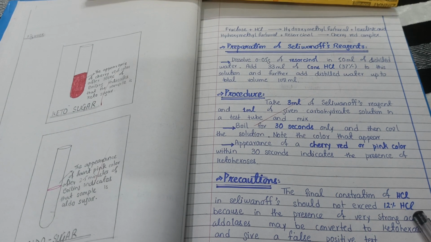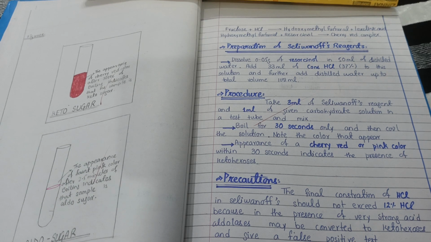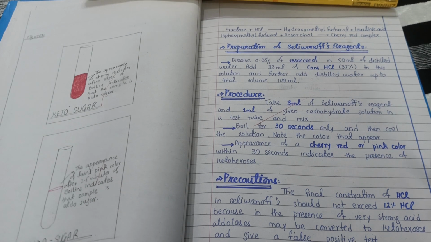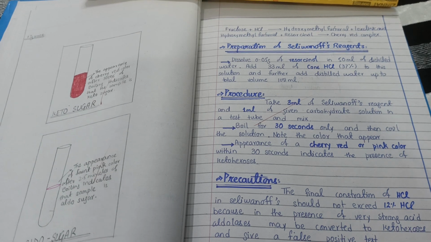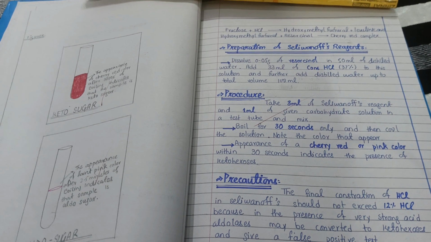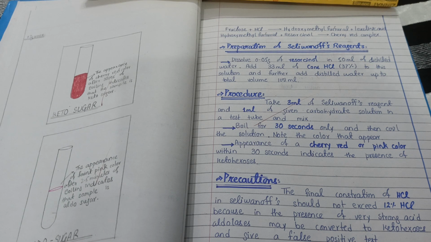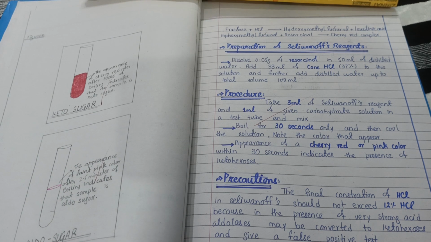प्रिकॉशंस अगर आप देख रहे हैं तो आपने HCl का ध्यान रखना है, इसकी कंसनट्रेशन जितनी है उतनी ही डालनी है। जैसे इसकी 33 ml है, इससे ज़्यादा डालोगे तो आपका जो कीटोन है वो उस पर असर पड़ सकता है, वो जो है डिस्ट्रॉट हो सकता है। सो इस वजह से आपने इसकी जो कंसंट्रेशन है वो बिल्कुल फिक्स रखनी है, ठीक है। सो ये था आज का एक्सपेरिमेंट।